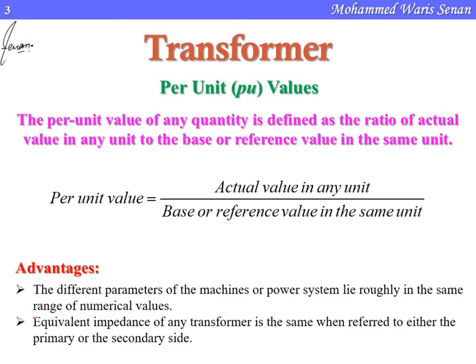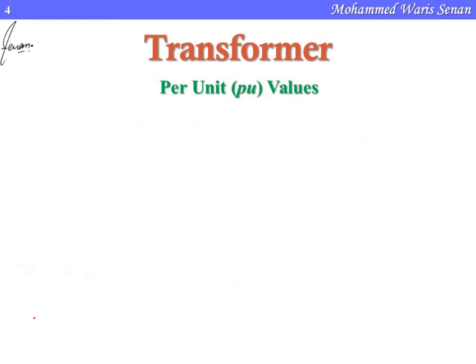Okay, now we will understand how this per unit concept can be used for the analysis purpose in transformer. Okay, so let us understand that. So we can write the resistance in per unit value as R equivalent divided by Z base. One very important point to be noted here is how to choose the base value. These base values are chosen arbitrarily. Generally, these base values are rated values.